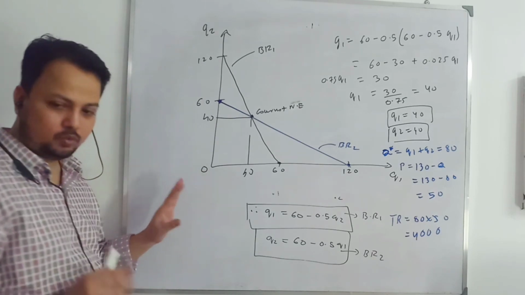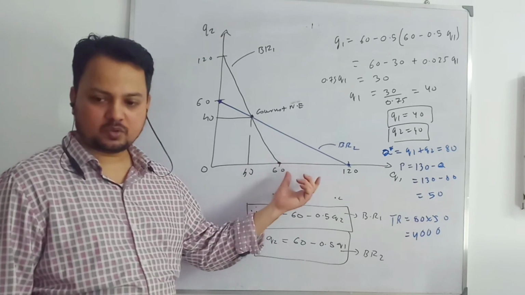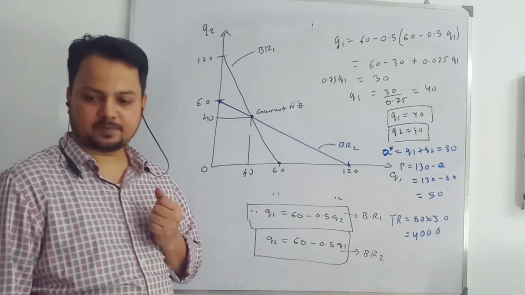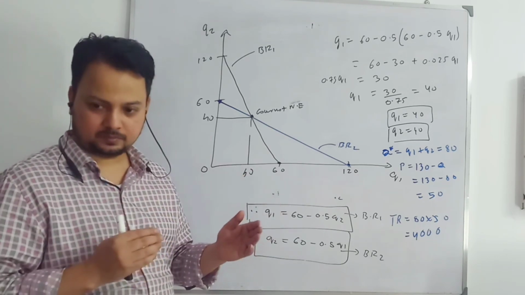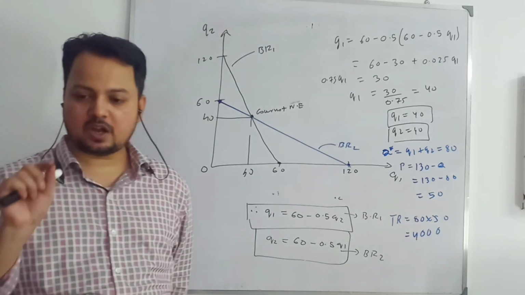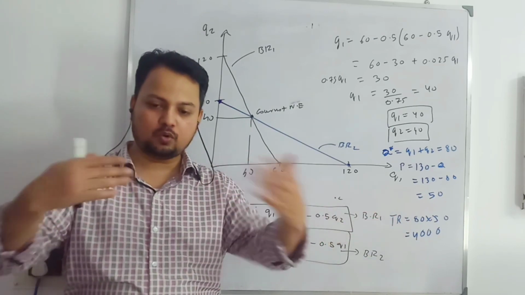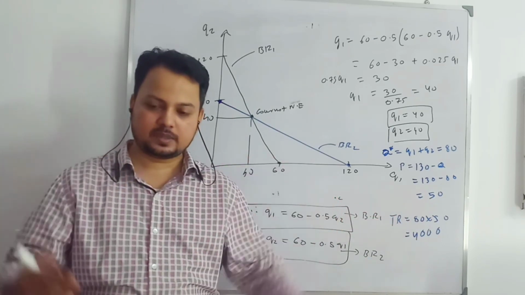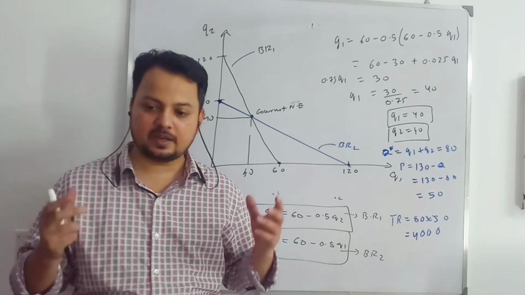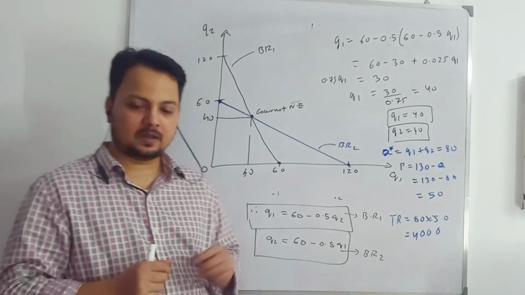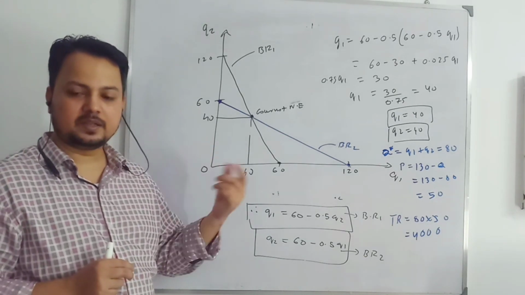This is what Cournot has finished the argument. Since each firm is naive, immature, they don't understand the interdependency aspect. They are producing output simultaneously and independently. This is an important word. They are making the output decision to launch in the market at the same time, and they are making independent decisions without realizing that they are interdependent. So they are maximizing their individual profit, but they are not maximizing industry profit.